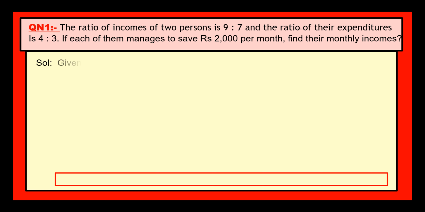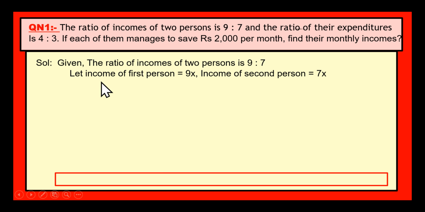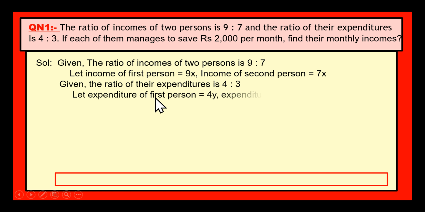Okay. Here is the solution. Let us assume that the income of the first person is equal to 9 times of some constant x and similarly income of the second person is 7 times of x. Since the ratio is 9:7, therefore the income of the first person is 9x and income of the second person is 7x. Similarly, it is also given the expenditures ratio. It is given that the ratio of their expenditures is 4:3. Therefore, let us assume that the expenditure of the first person is 4y and